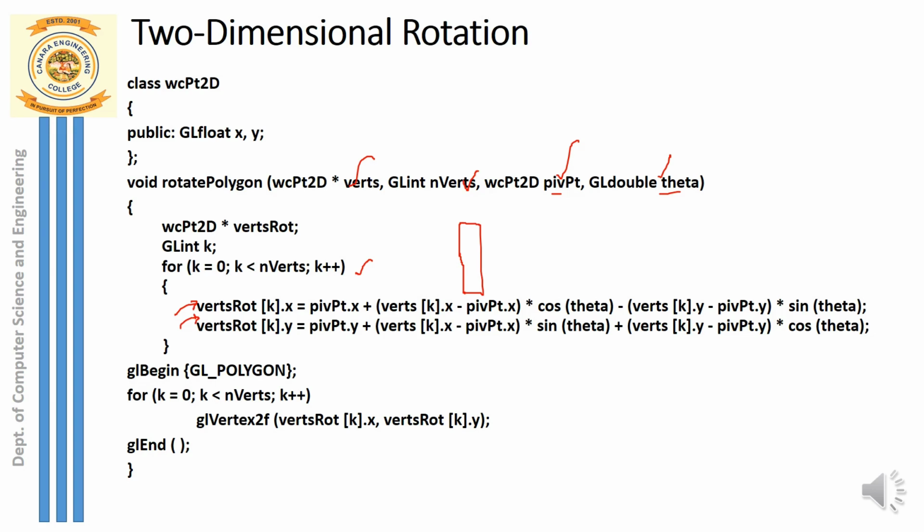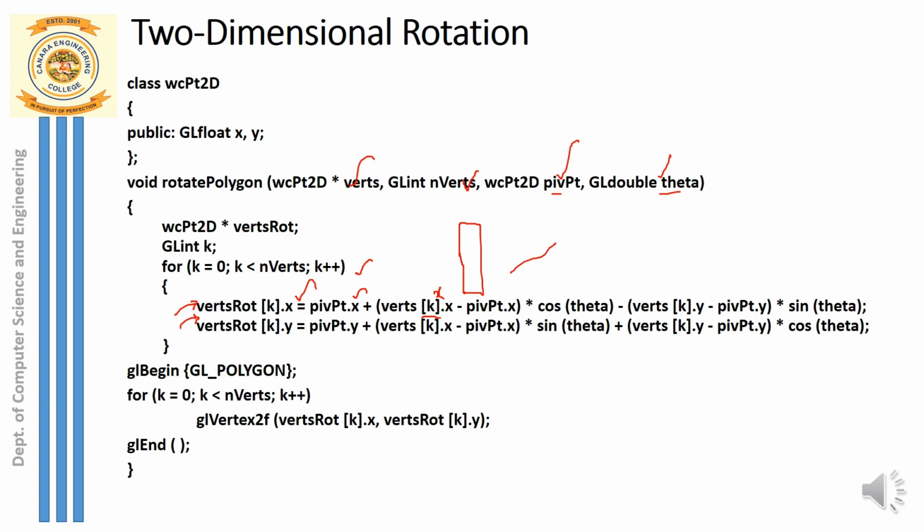So how do we compute the x coordinate of the new rotated point? You have an equation. The reference point, given by the pivot point, its x coordinate, has to be added to the vertex, that is the x coordinate of the vertex array. What is this representing? The old point before rotation. So before rotation, that old point minus the x coordinate of the pivot point. So it is something like this.